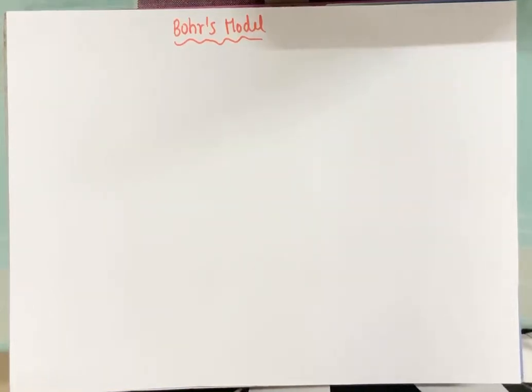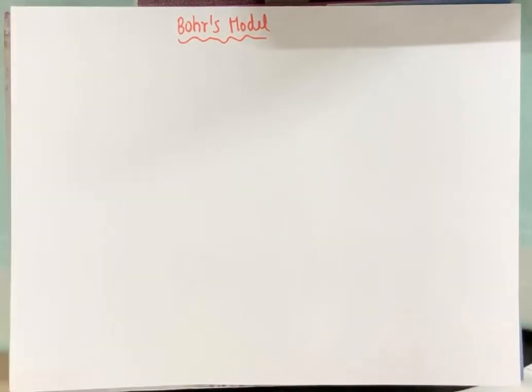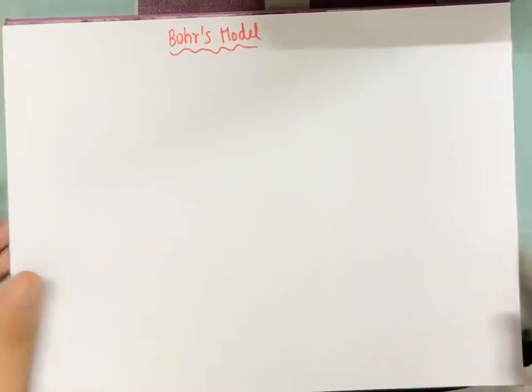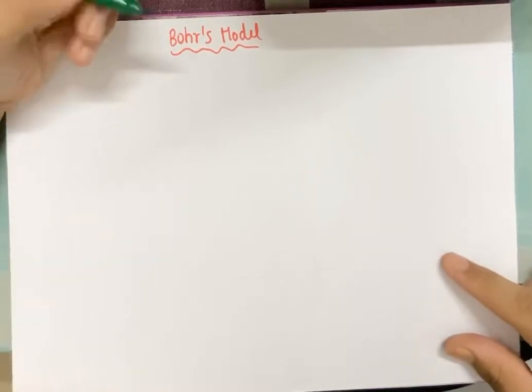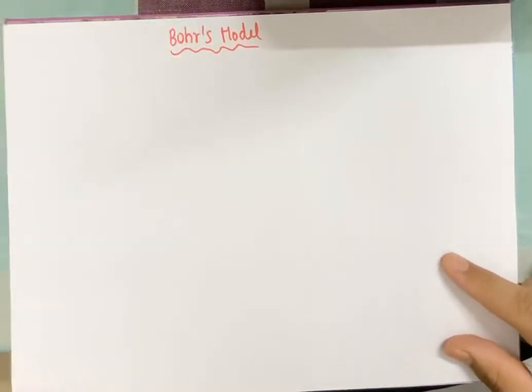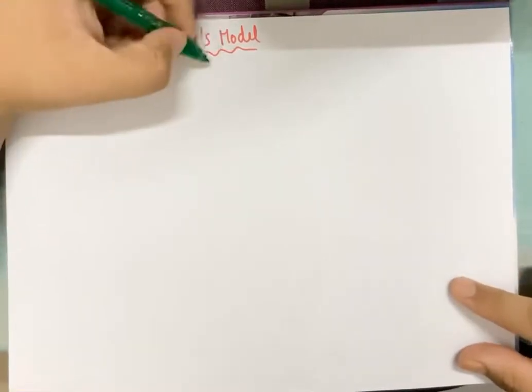A very good evening. In today's class we'll be talking about Bohr's atomic model, which is an important concept of class 9 chapter Structure of the Atom and class 11 chapter, again Structure of the Atom. Okay, so let's talk about this. Now Bohr's atomic model was one of the successful atomic models given by Niels Bohr. Let's first understand the postulates of this model and then understand how to illustrate it.